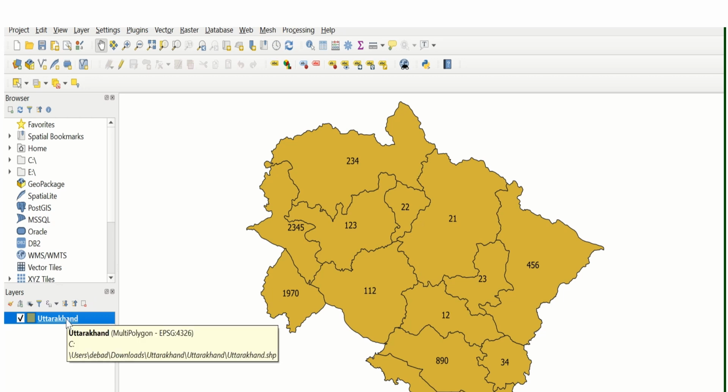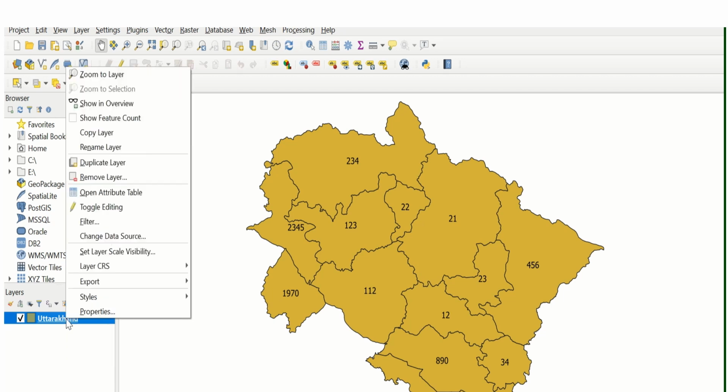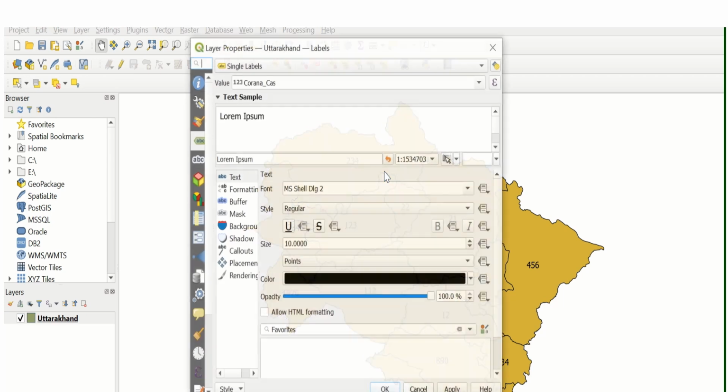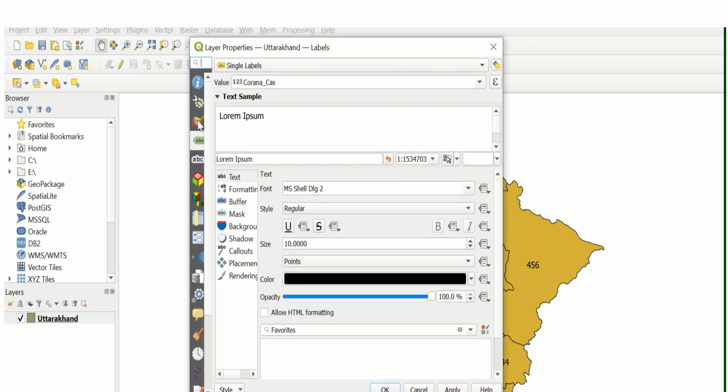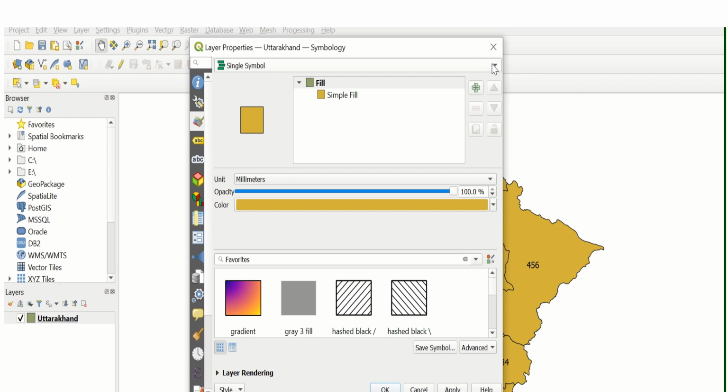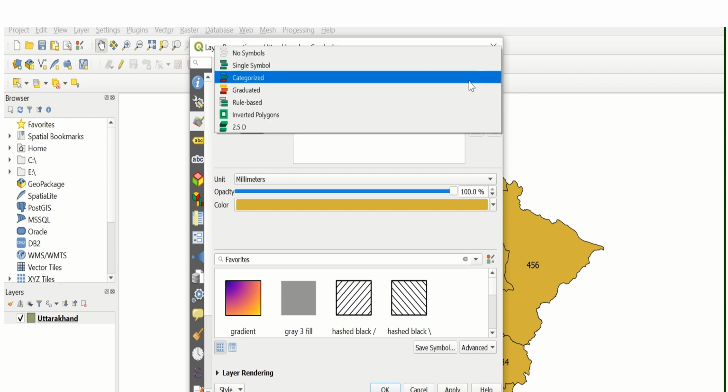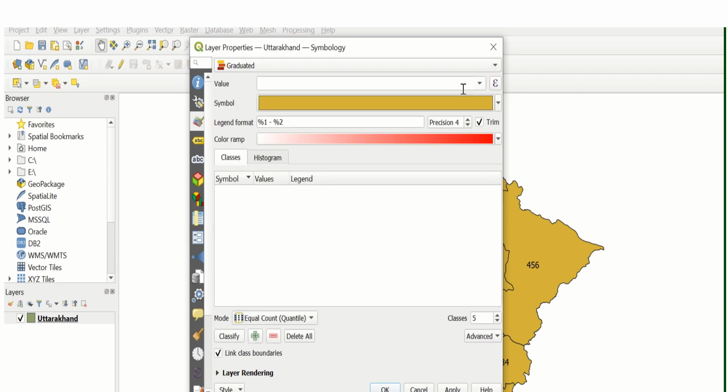Then we will work on symbology. So click on the layer Uttarakhand, click on properties. Then this is the icon for symbology. So click on that. Then we have to select graduated.